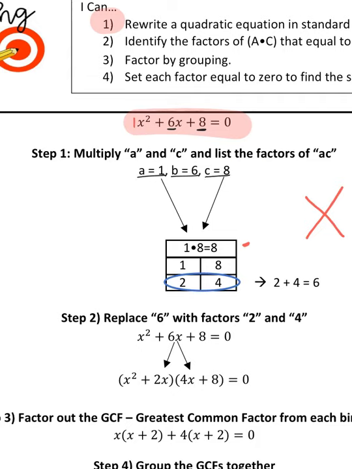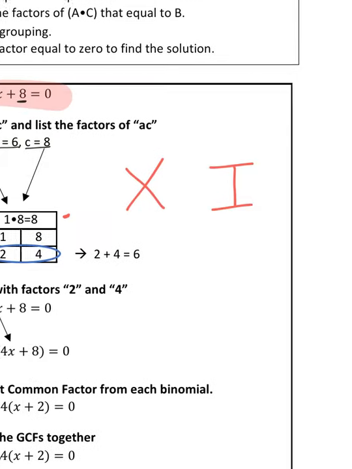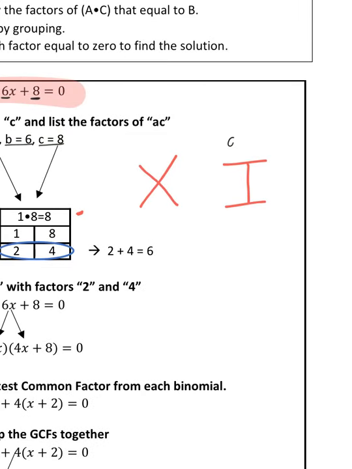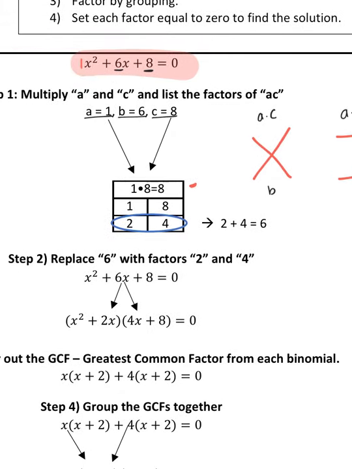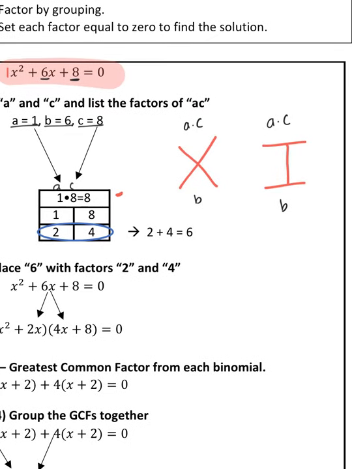When you're listing A, B, and C, you do not want to carry that X with you. So A, B, and C are always going to be numbers. You're never going to see a letter there. So at the top of my I, I'm going to put A times C, and at the bottom, I'm going to put B. If you're doing the X, you would put A times C up here and B on the bottom. And then if you're doing the table like you see here, this is A, this is C, and so on, okay? So my value A times C is 1 times 8, which is just 8, and then my B